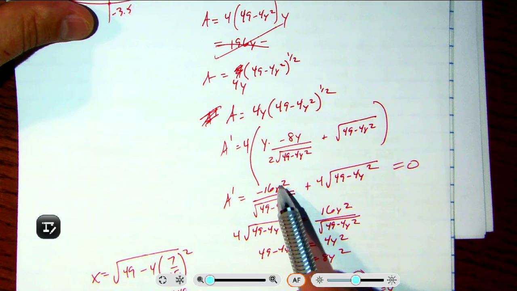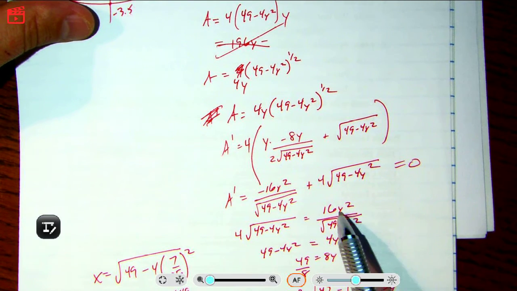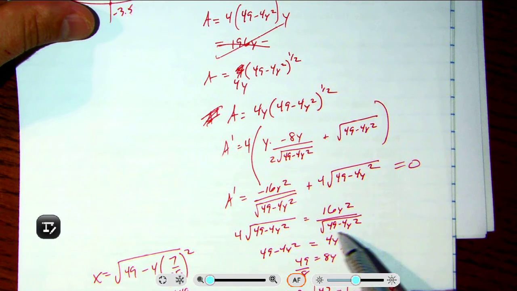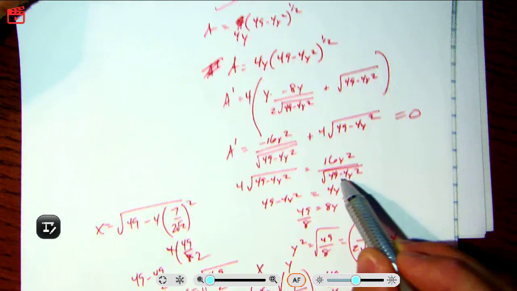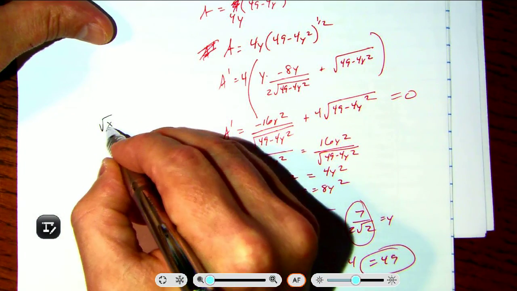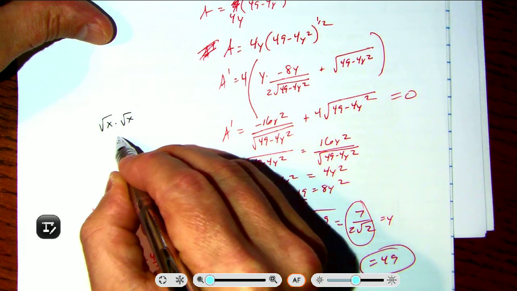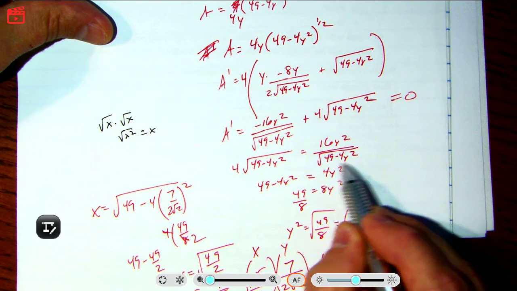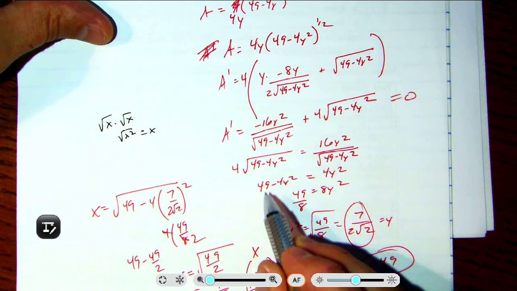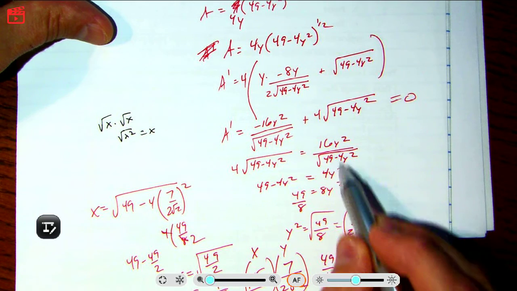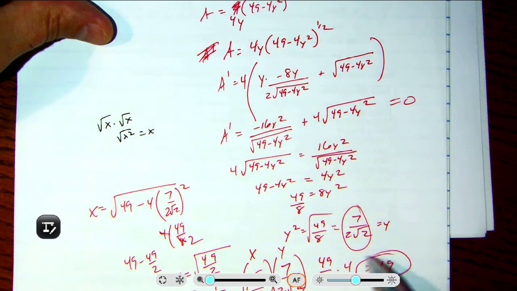So I'm going to bring this piece over to the right hand side. That's why it goes from negative to positive. And then I'm going to multiply both sides by this denominator right here. And that's going to cancel out, like if you have the square root of x times the square root of x, well, that's the square root of x squared, which is just x. So if I multiply this radical stuff times this radical stuff, the radical disappears. That's what happened. And then divide by 4 over here on this 16, continue to solve,